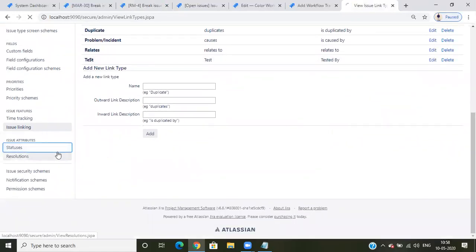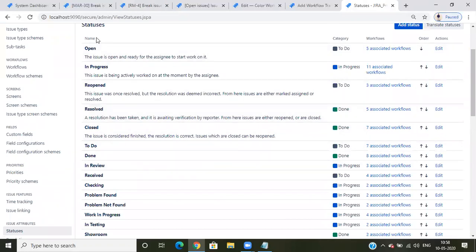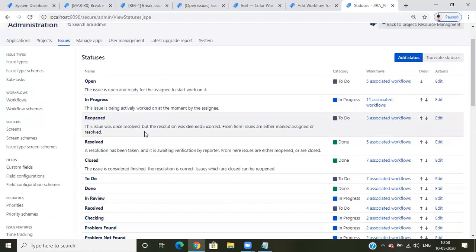Next option, status. This is nothing but, when creating a workflow, if you add any new status, the same status comes here automatically. To do, in progress, these are all categories, names, and associated workflows. Suppose anyone comes to you and asks you to rename a status, you just come here and check the name.